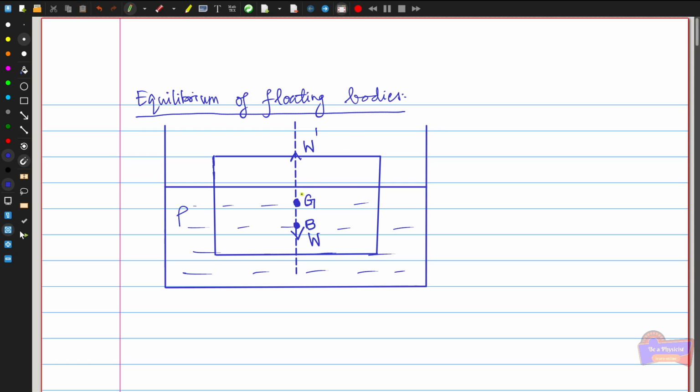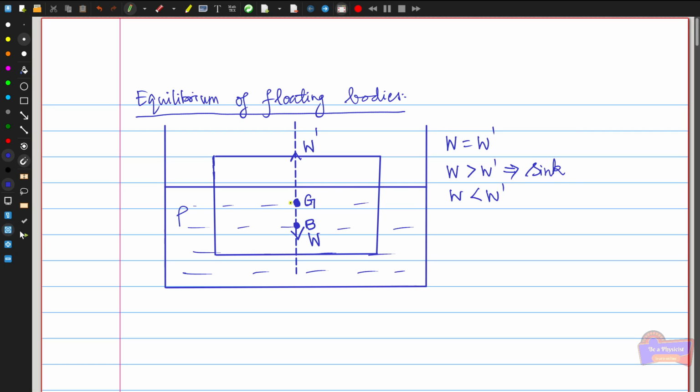So the floating, sinking, or being still of this object depends upon the forces W and W prime, based on whether W is equal to W prime, W is greater than W prime, or W is less than W prime. These are the three cases. Based on these three cases, the object will float, sink, or remain the same. Suppose I first consider W greater than W prime, that means the weight of the object is greater than the buoyancy force, then obviously the object will sink